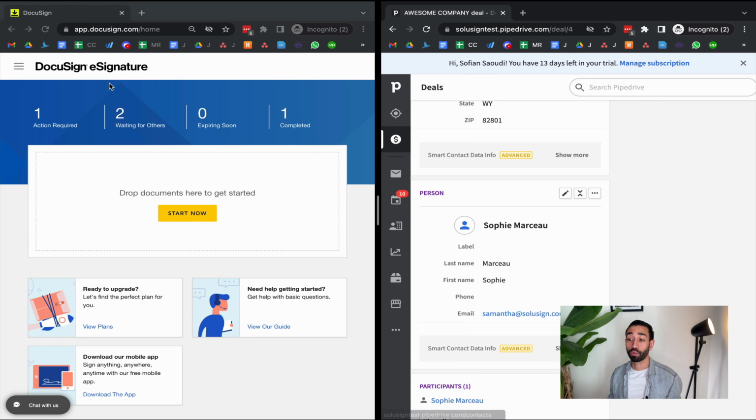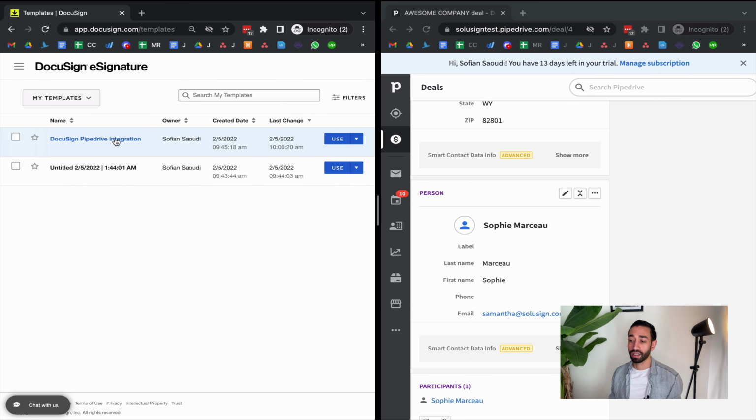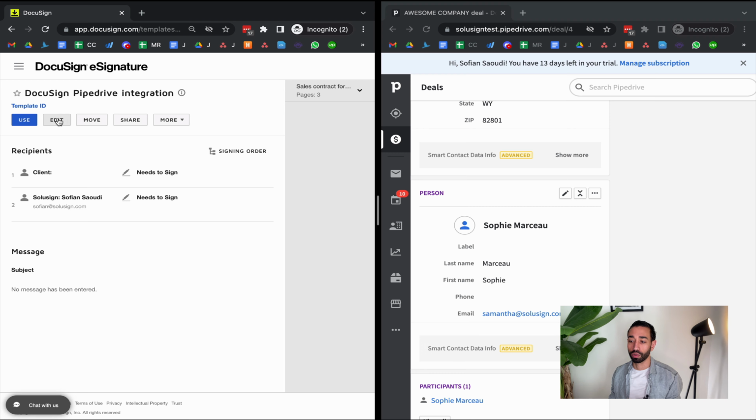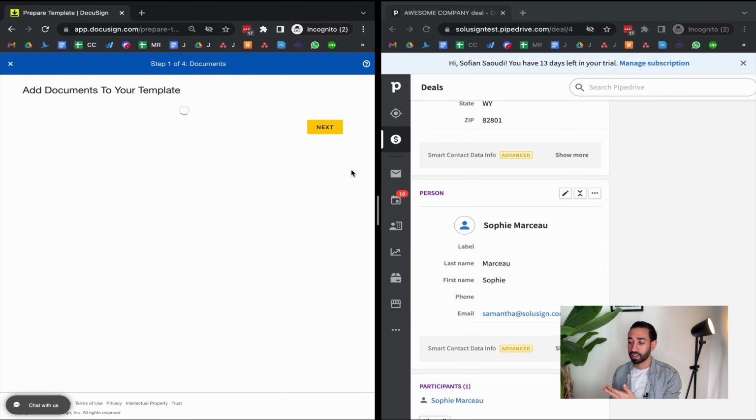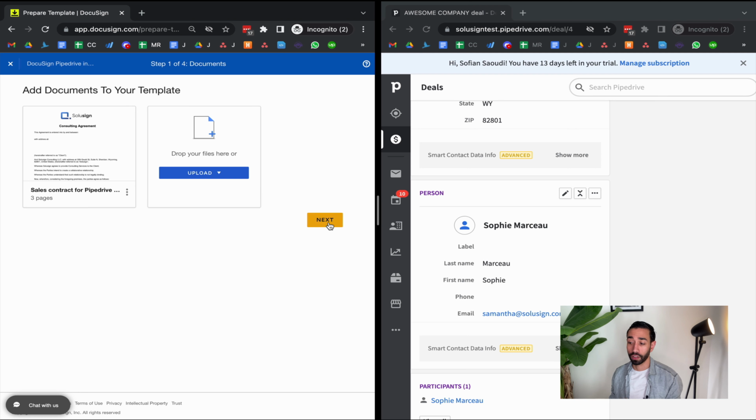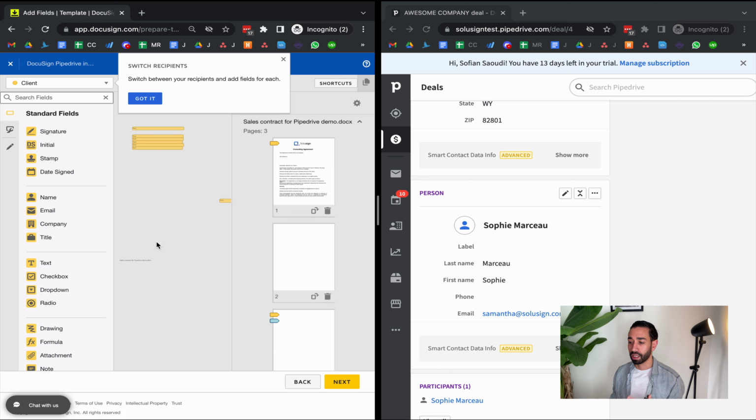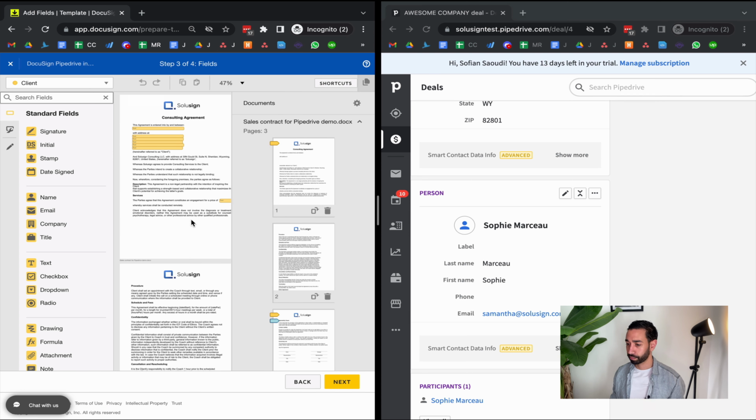So the very first thing that we're going to need to do is to create a DocuSign template. In the template, we just want to upload our sales agreement, the one that I just showed you here. And then we want to configure the recipients. The first signer is the client and the second signer is going to be ourselves. So we can actually add the name and email for ourselves in the recipient list. Once we've done that, we want to